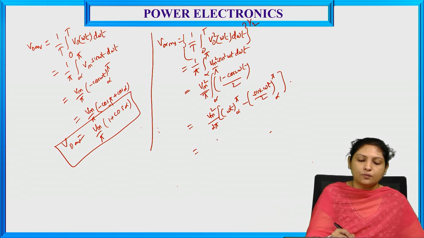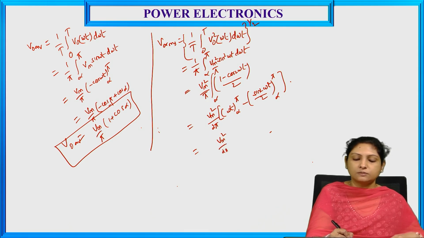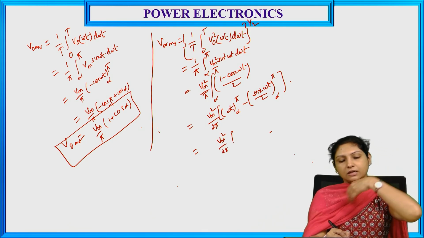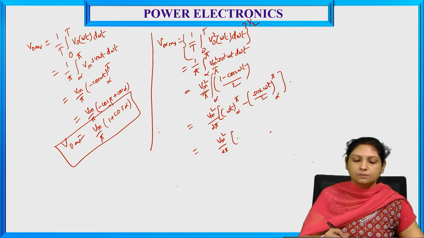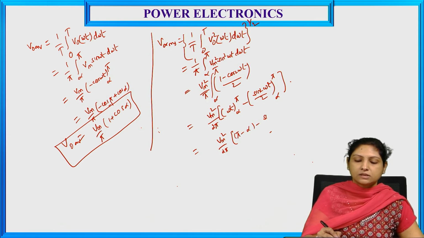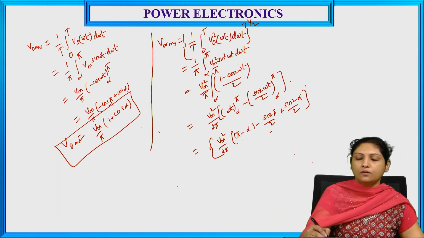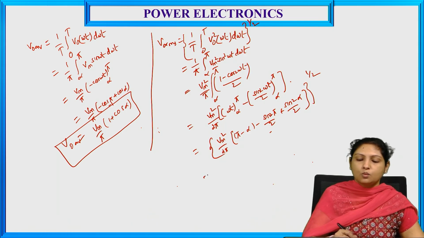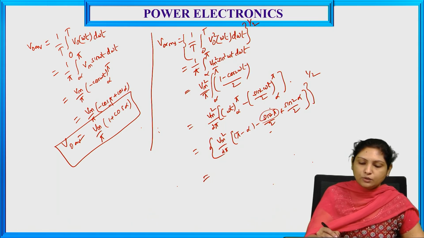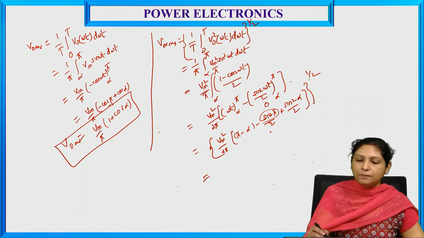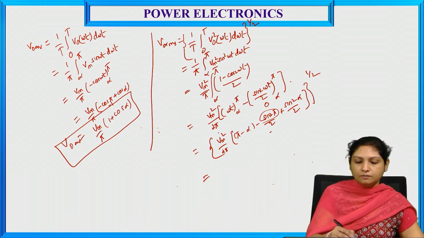And here Vm square by 2 pi, substituting the limits, upper limit minus lower limit, that is pi minus alpha minus sine 2 pi by 2 minus of minus plus sine 2 alpha by 2, whole to the power of 1 by 2, where sine 2 pi value is 0, and applying root to this particular term, we get Vm by root 2 pi,